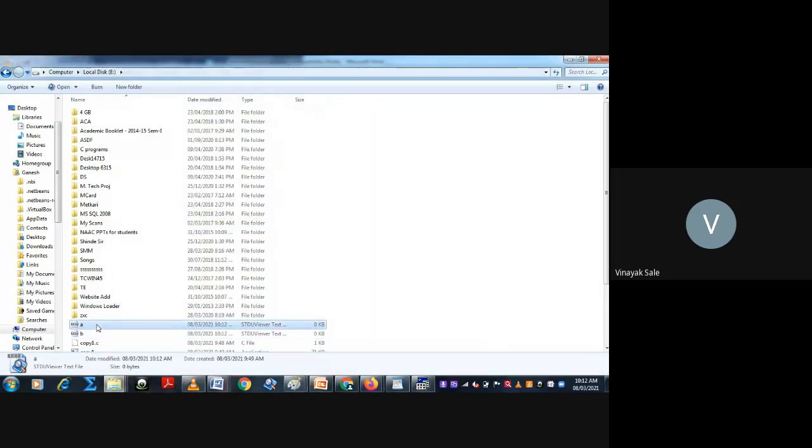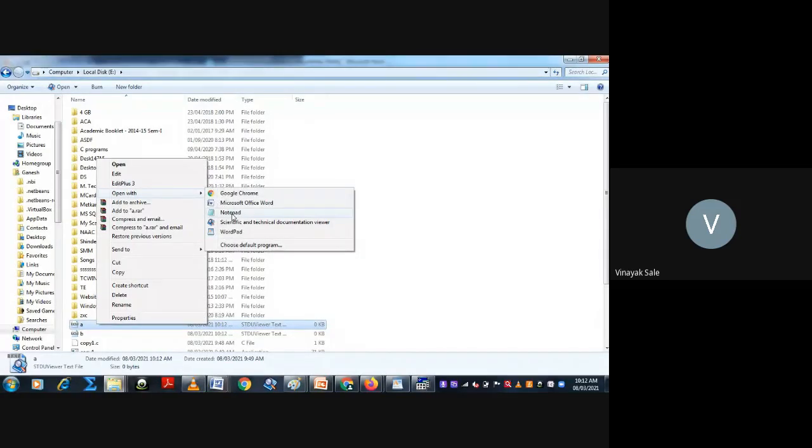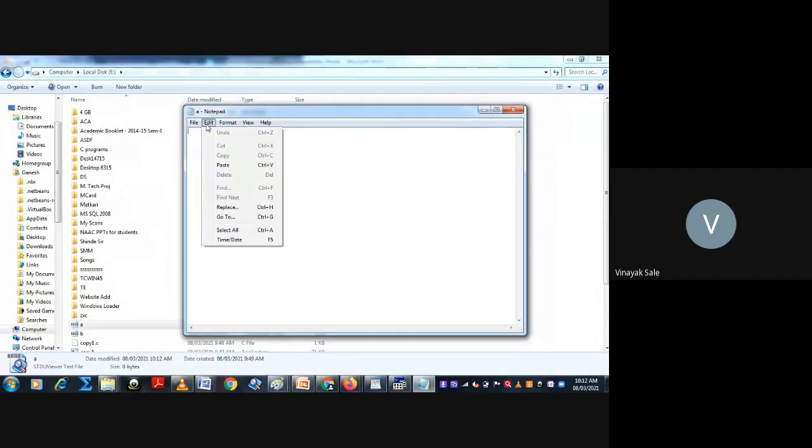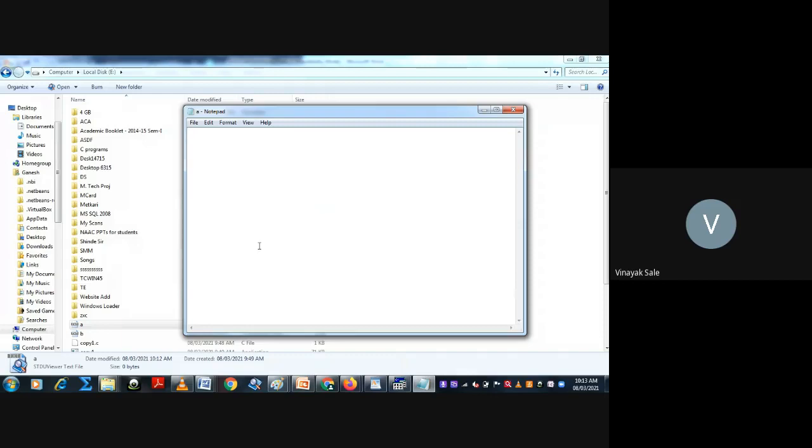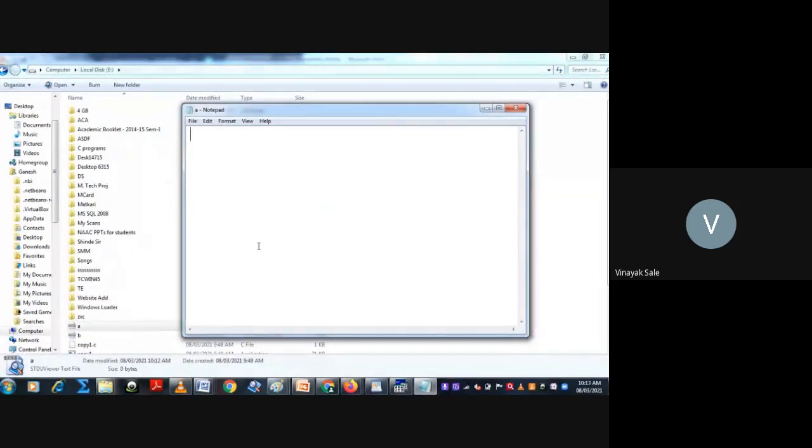I will write the contents in file A. The contents in this file are: welcome to Solapur.